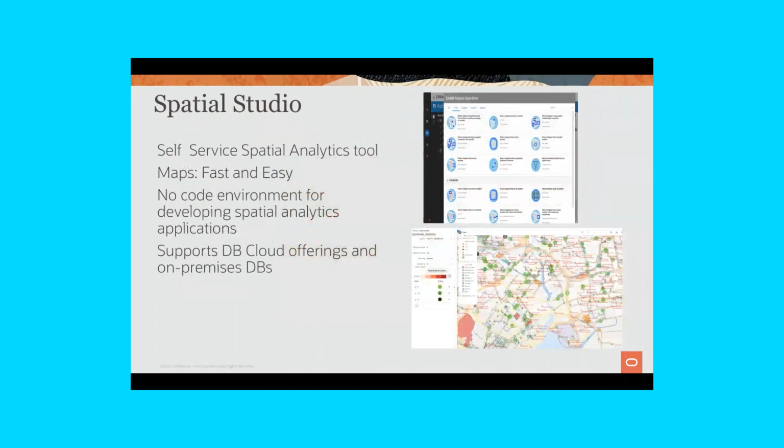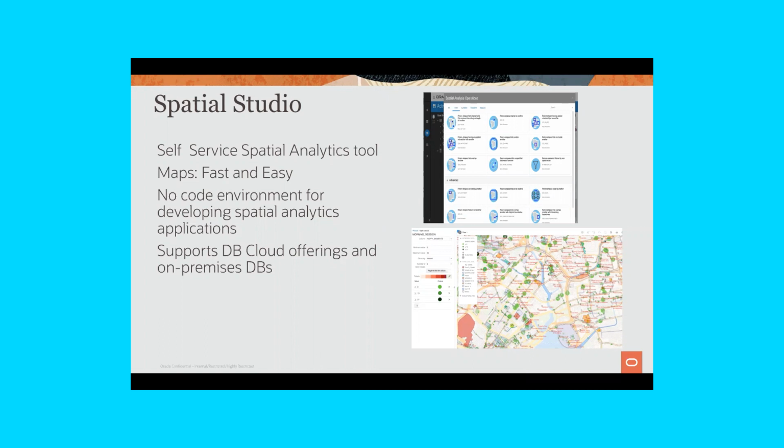Okay. And then the other big component that we have is called the Spatial Studio. As I mentioned, the goal of the Spatial Studio is to make it a self-service spatial analytics tool. That means people who are not familiar with any programming interfaces, or people who are not familiar with spatial analytics, will be able to use this application and build complex spatial applications.